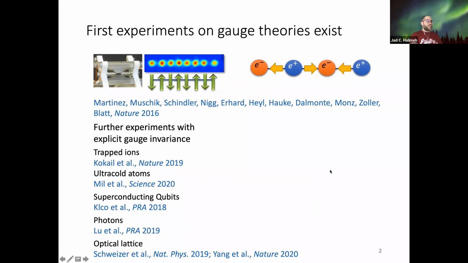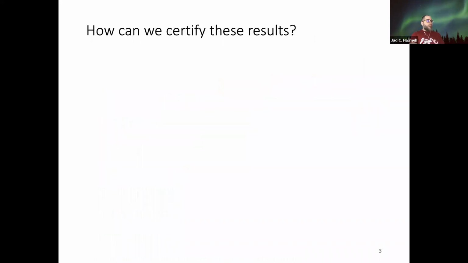Now, these implementations are all great, but the problem is that gauge invariance is actually a postulate of nature. So in nature, gauge invariance is preserved in a gauge theory. In these implementations, you actually have to teach your quantum simulator to enforce this gauge invariance. Before we dive into lattice gauge implementations on quantum simulators, we want to look at how we can certify results that a quantum simulator spits out. So we have a quantum many-body theory, we implement it on a quantum simulator. How can we trust these results?